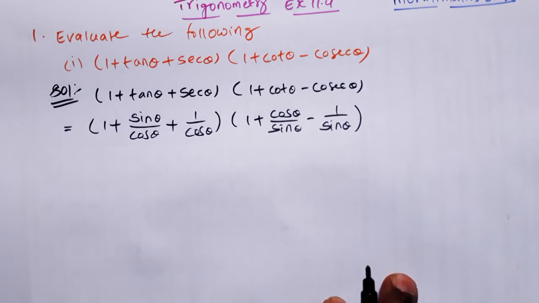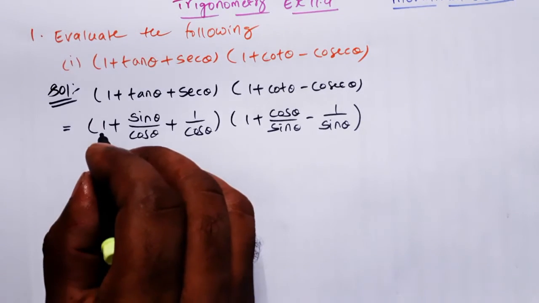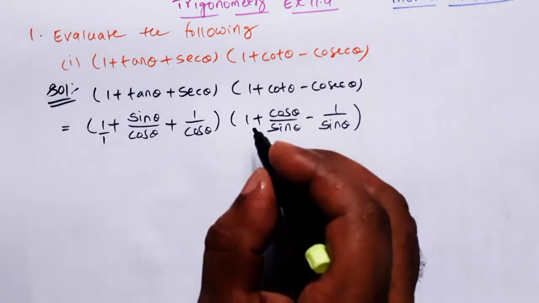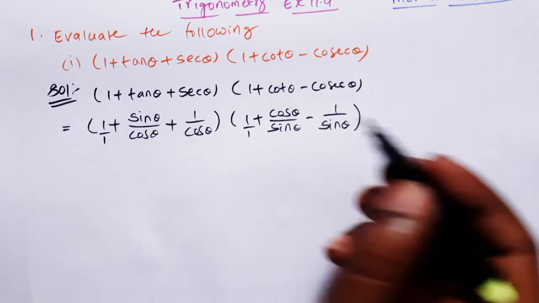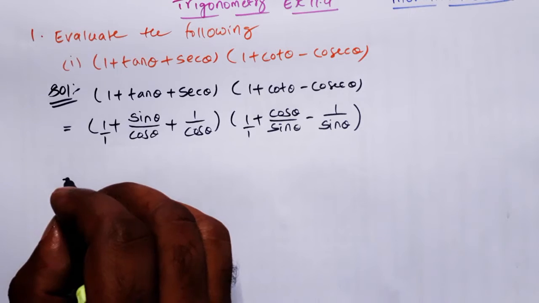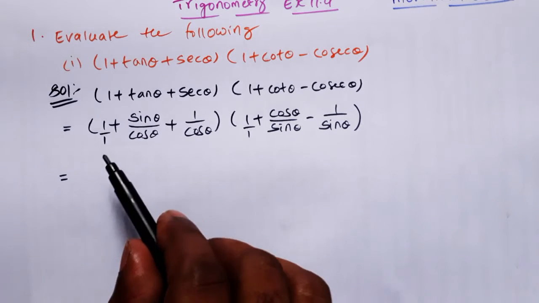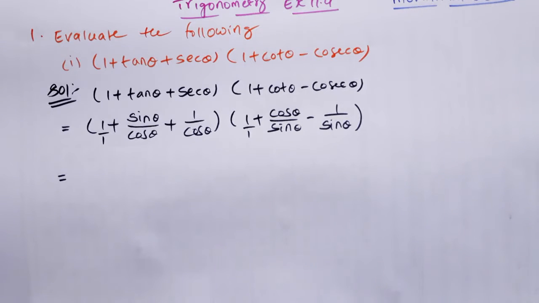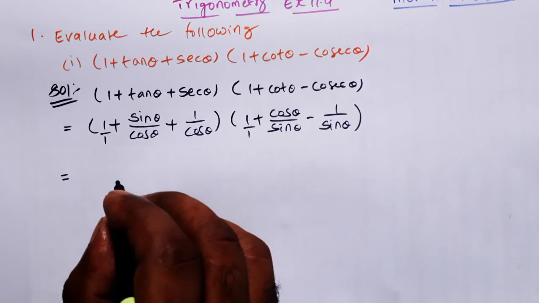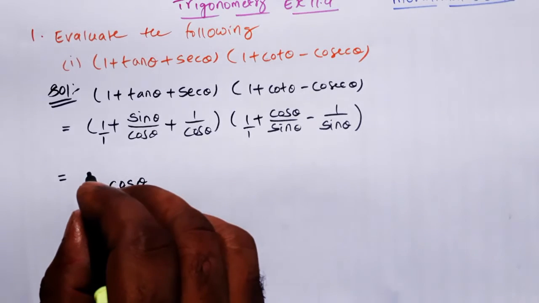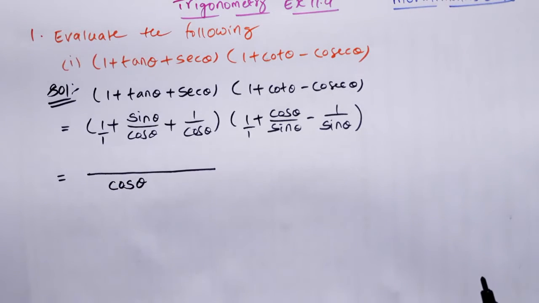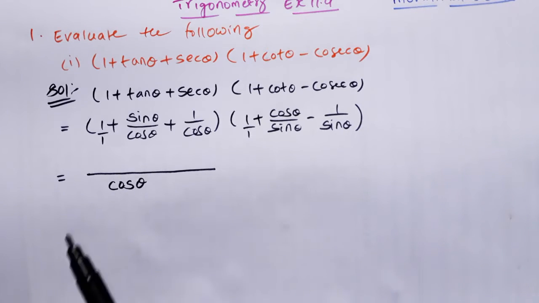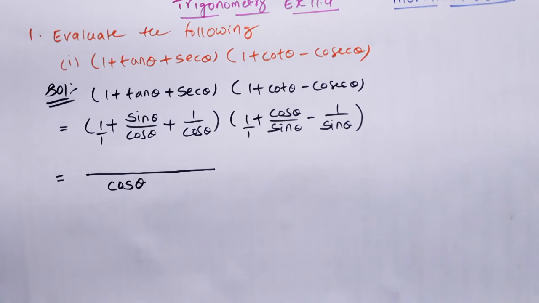In third step what we will do, we write this 1 as 1 by 1 and here also 1 as 1 by 1, and now we will take the LCM for the denominators. 1, cos theta, cos theta. These three, if you take LCM, what is the answer? We will get cos theta as LCM. Cos theta as LCM. Okay? Yes. Now in the numerators what we will get? In the numerator what we will get? That how to find, I will explain here.